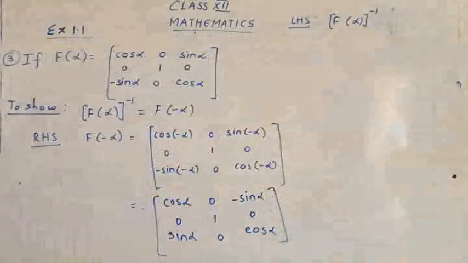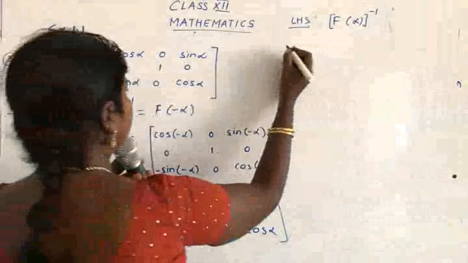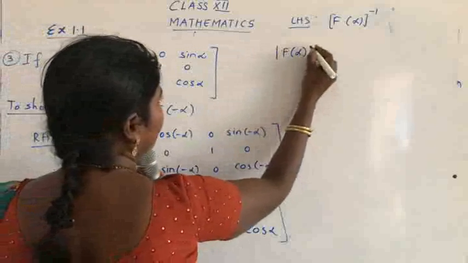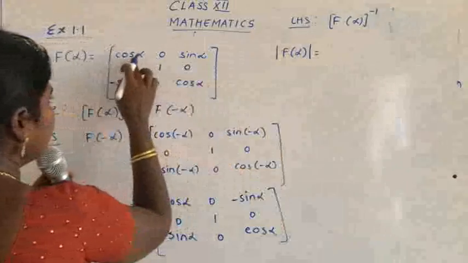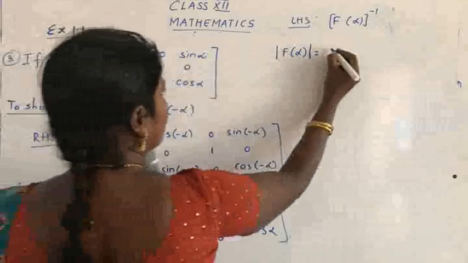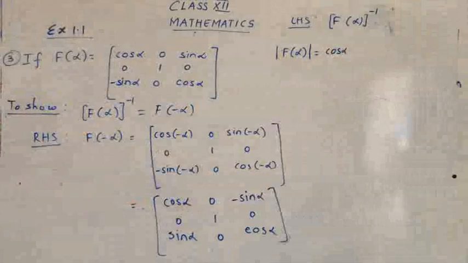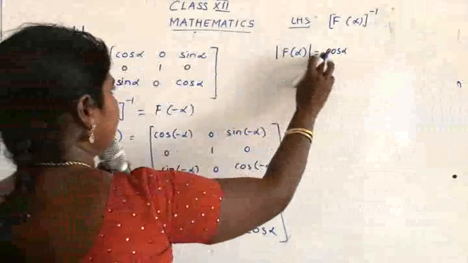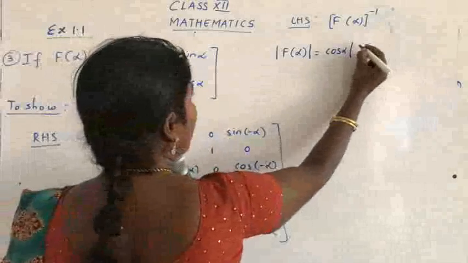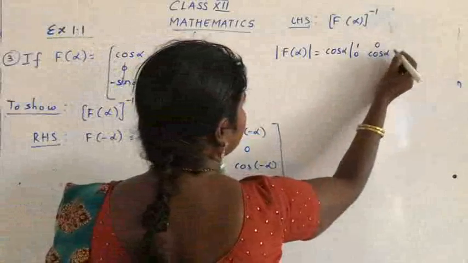Okay, so let's see how to find the determinant for a 3 by 3 matrix. First I'll write here, determinant of F alpha is equal to, what is the first thing? Cos alpha, yes? So take this part. So what do you get? Cos alpha. You remember the sign, yes children? Plus, minus, plus. So first is the plus sign. So I'll just keep it as cos alpha. So now what is the thing you're going to take down? 1, 0, 0, cos alpha.